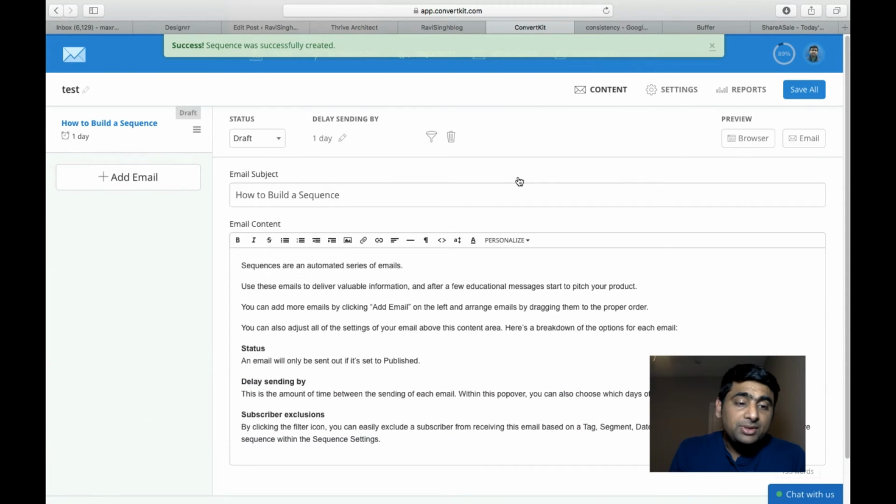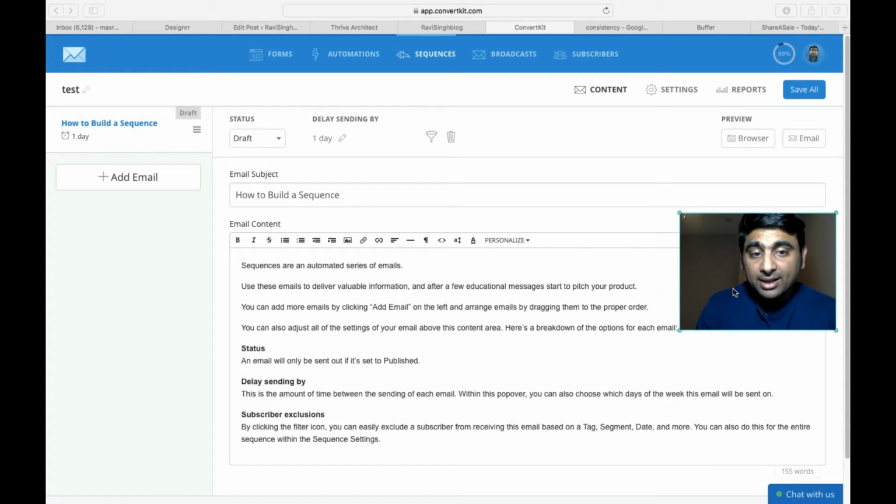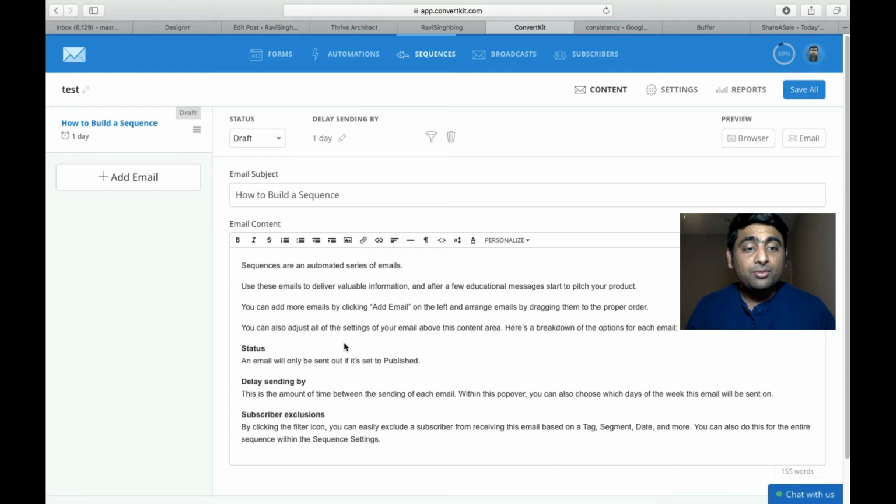So a sequence is a set of emails which you send to the user. Now I can create any number of emails. You can see here, if you can see my screen, everything is a way of creating personalized email. There is no email template, and creating an email is very much similar to the way we write in Gmail. And ConvertKit wants, or forces, you to create only personalized email, which is very important because these emails only